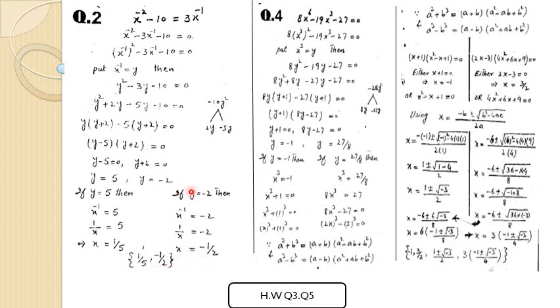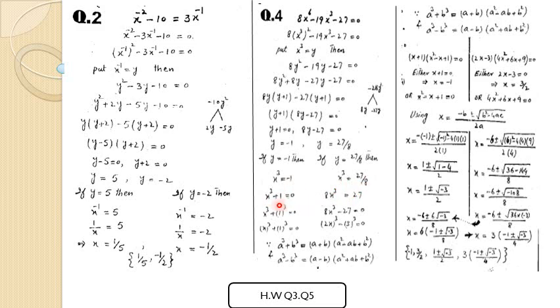This is the answer. Now you can see question number 4, x raised to the power 6, x raised to the power 3. This is 3, okay, not 2. Can I write it like this: x cube whole square is x raised to the power 6. So you can see that this is the same thing, and again the whole thing is the same as question number 2. Just put in the values: y is equal to minus 1 and y is equal to 27 upon 8. Then I put it back there: x cube is equal to minus 1, x cube is equal to 27 upon 8.